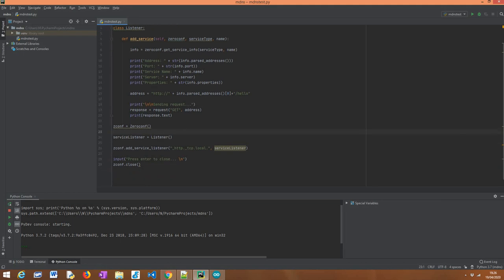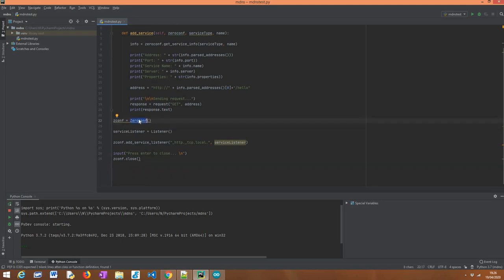So the first thing we are going to do here in the actual code is to instantiate an object of this class, ZeroConf. We are going to use the constructor without any parameters, meaning there are a couple of optional parameters, but basically the default ones serve our purpose. Obviously, if you start using this library, it makes sense to analyze all the possibilities that you can use, but here we can use the default ones, using the parameterless constructor. Then we have this ZeroConf object that we are going to use below.